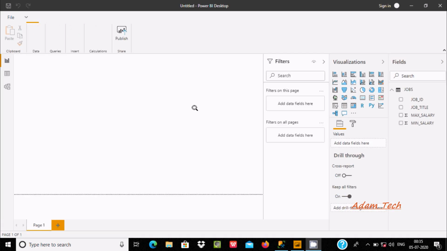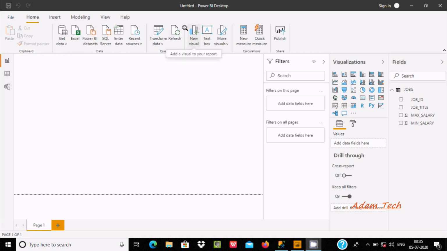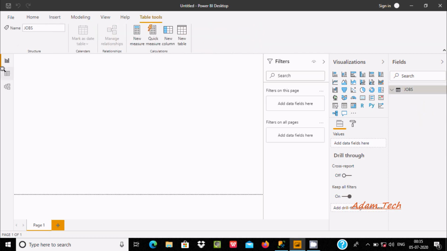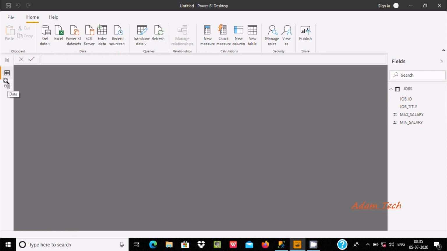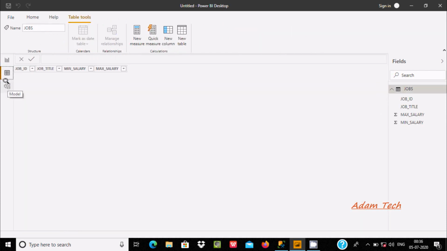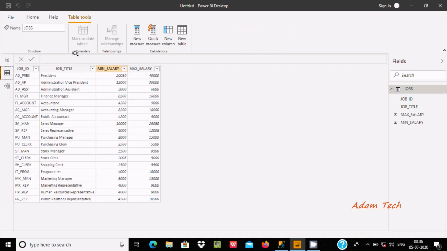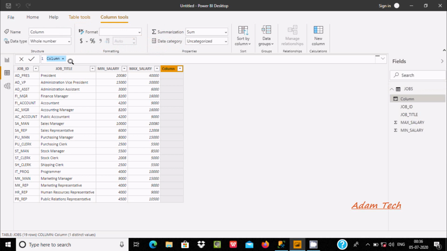So this is here Power BI Desktop. Here you can see jobs. Select this. Now after clicking on data, this is the record inside the jobs table, and here I'm going to create a new column. So a new column I'm going to create, and at this place when you write SUM,